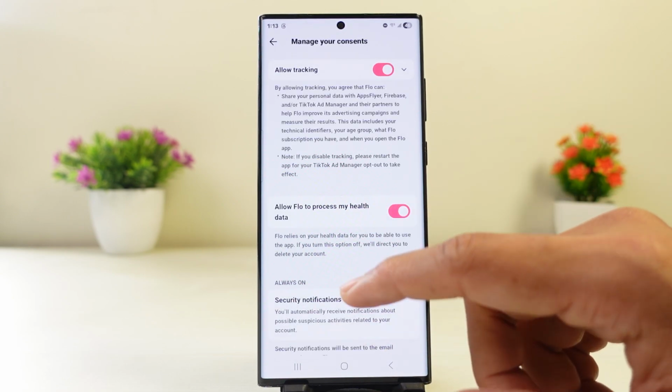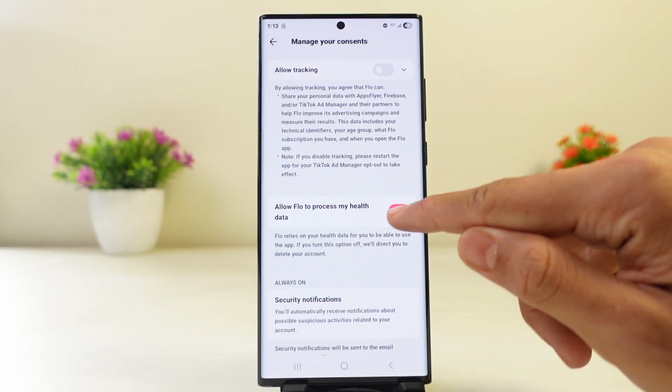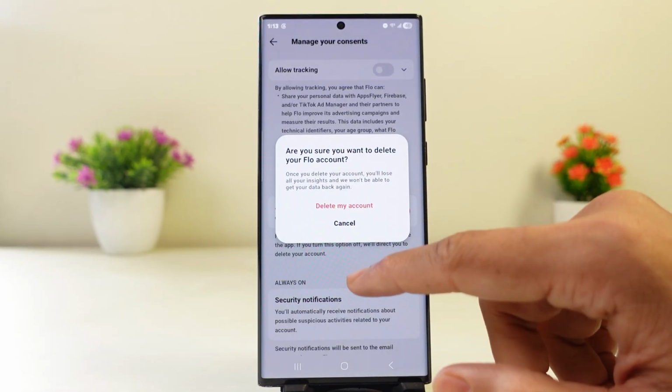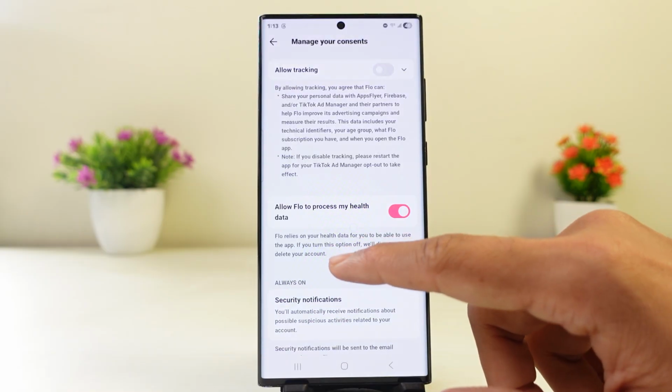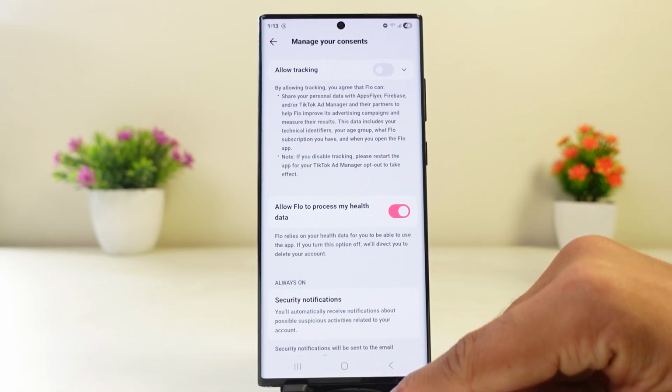Tap on manage your consents over here. Turn off allow tracking, turn off your Flow process my health data, and this is how you delete your account as well. You can also delete your account from here, and by doing so your data won't be shared through